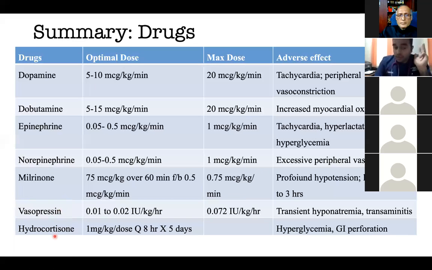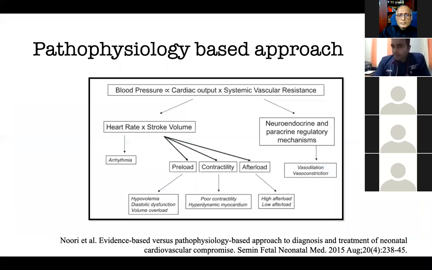Hydrocortisone, it has got genomic as well as non-genomic effect, and what it basically does is it increases the levels of your drugs, the catecholamines, so that their action is more prolonged. Now we know the different drugs to be used and also the mechanism of action. Now how to